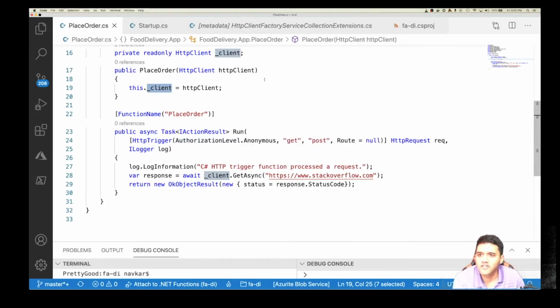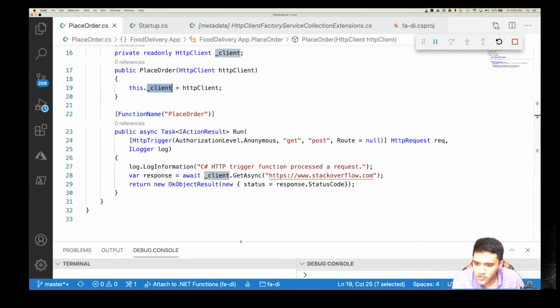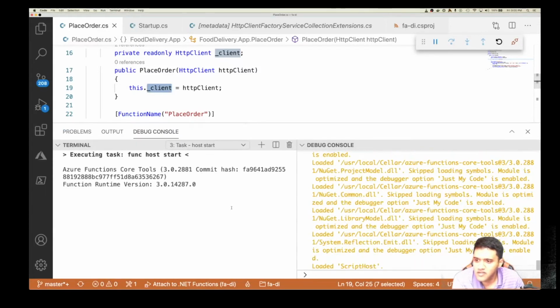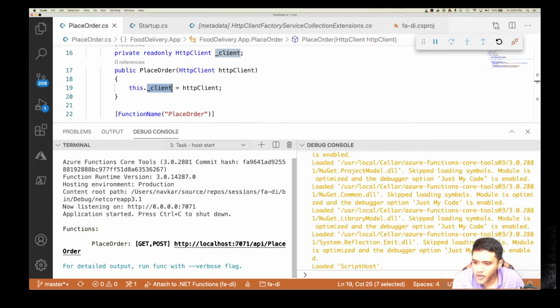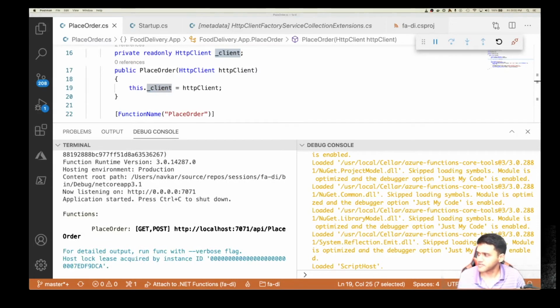Let us see how this works. So I'm going to run this and open Postman to run the request. It's running now. I have this endpoint here. I'm going to go to Postman and run this request.